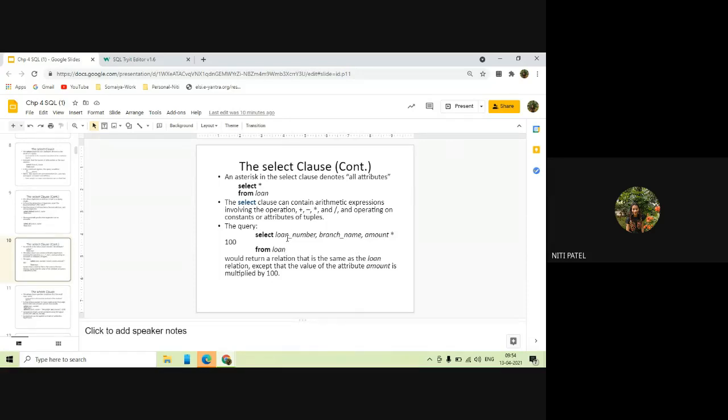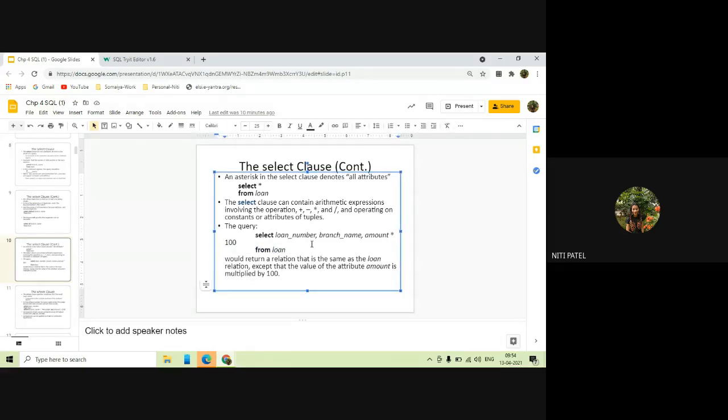First of all, it will select the loan number as it is. It will display branch name as it is. What will it do with the amount? It will multiply the original amount with the value 100, and then it will display the output from the relation loan. Are you understanding? Yes, ma'am. ठीक है, लोन नंबर एज इट इज डिस्प्ले होगा, ब्रांच भी एज इट इज डिस्प्ले होगा. क्यों एज इट इज? बिकॉज वी आर नॉट यूजिंग एनी अरिथमेटिक ऑपरेटर्स देयर. But will amount be displayed as it is? No. The original amount will be multiplied with 100 and then it will be displayed in the output column. Why? Because I have told amount multiplied by 100. Clear?